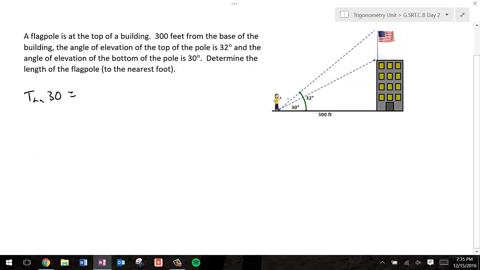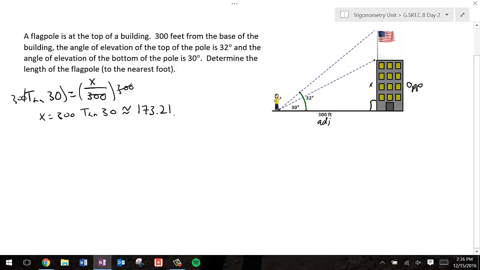So tangent of 30, if we look straight across, the building and the flagpole are our opposite sides, and the street itself is our adjacent side. We don't know anything about our hypotenuse here. So I'm going to have my tangent side. This is going to be my x in both cases, and in this case I've got 300 as my denominator. Now if I multiply both sides by 300, I get x equals 300 tan of 30, which is approximately